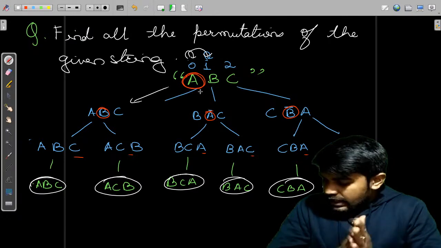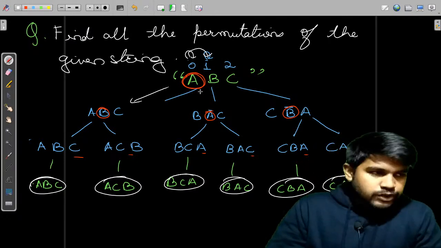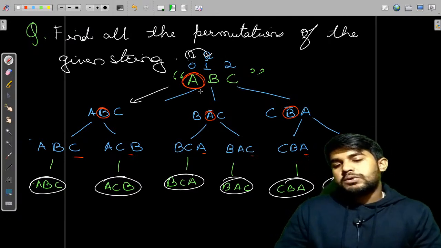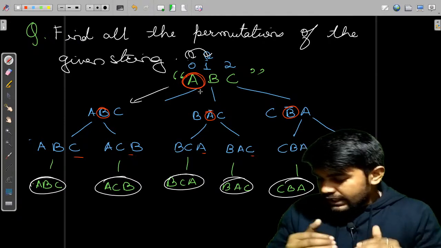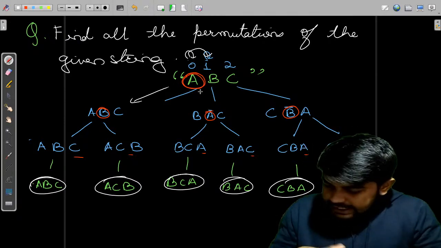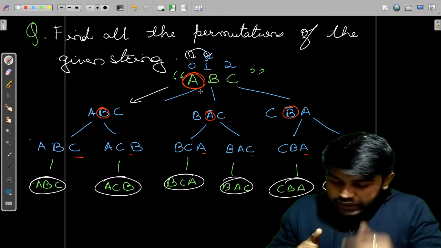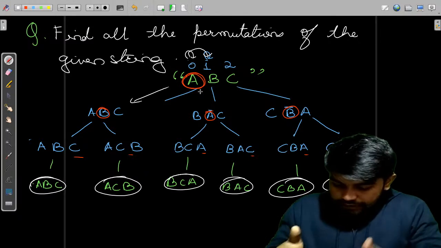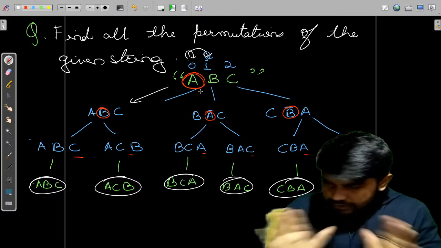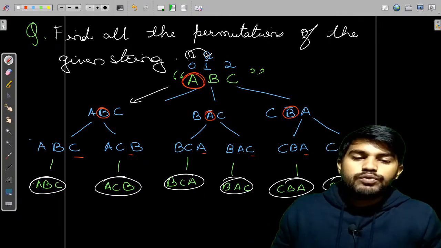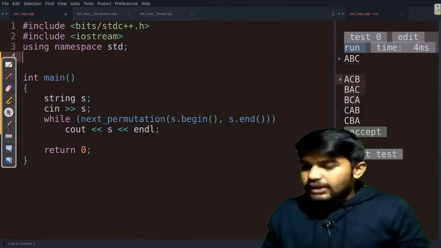Okay, can you explain the code quickly? Yeah, I would do that, no worries. So basically what we are doing is, we are doing a damage, we are reversing that damage, and we are coming back. This is what we are doing. Fair enough. So we need to have a vector of strings.